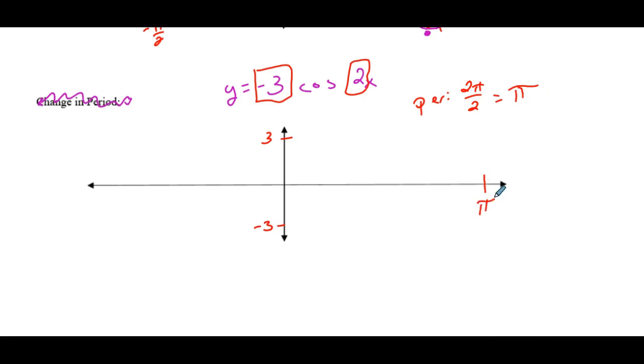So just throw pi here, pi over 2, divide that by 2, we get pi over 4, 1 pi over 4, 2 pi over 4, 3 pi over 4, and then we can go backwards. Negative pi,